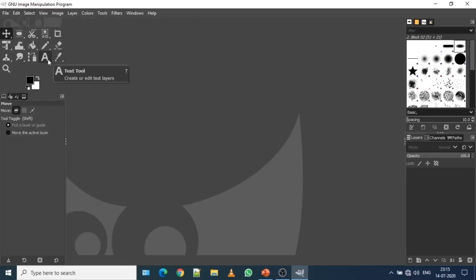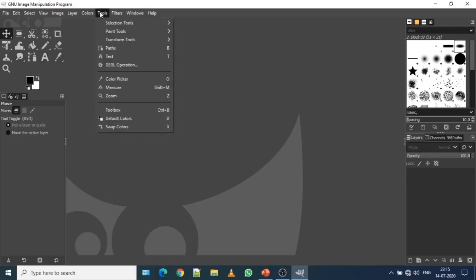The other method is to go to the tool menu, then click on text, which opens and edits a text layer. And the third option, as it shows the letter T: if you simply press the letter T, the text tool will open up.